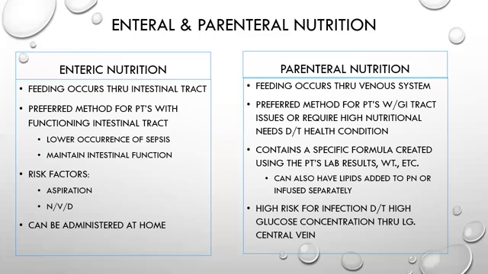And when comparing to parenteral nutrition, so parenteral nutrition is occurring directly through the venous system. So they have essentially a large central venous catheter, right? So that goes directly into the heart, and they receive almost like an IV fluid that has nutrients just dissolved into this IV fluid, and it is their only way of getting nutrients, okay? So otherwise known as total parenteral nutrition, okay? TPN, that's important for you to know what that is, okay? TPN, total parenteral nutrition, that is that IV fluid.